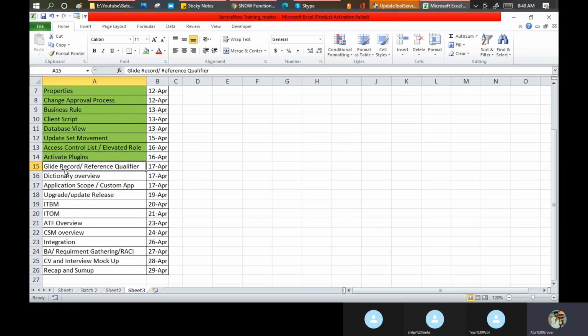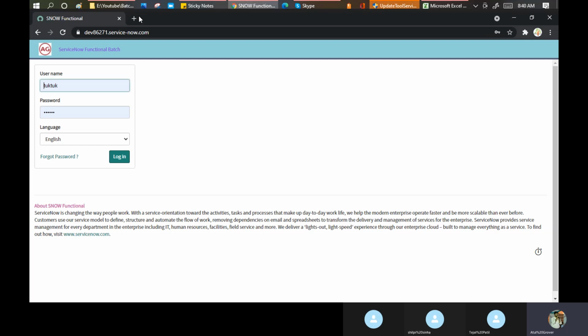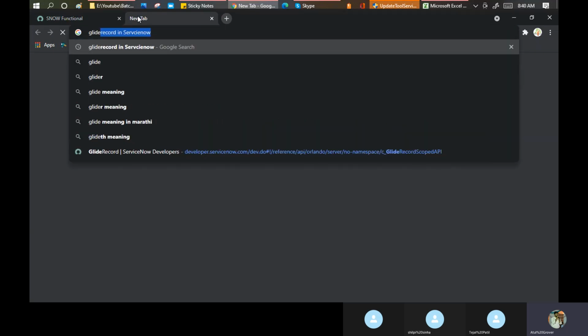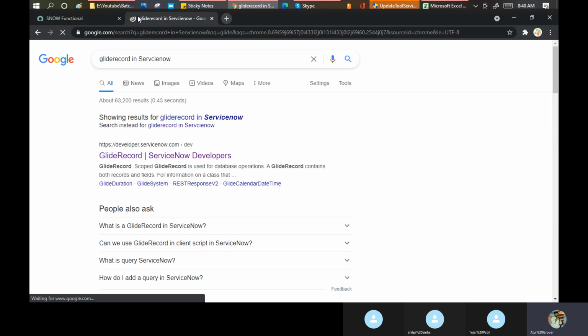We should know what the purpose of the glide record is and what it means. But if you are a developer, then you should understand by heart what the glide record means and why we use the glide record in the system. Glide record is basically a kind of an object. I'm using these words just to help you understand. Maybe when this video goes out on YouTube, people will say it's not an object. I know it's not an object.